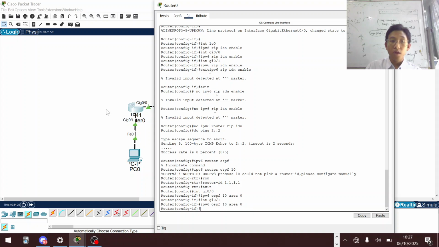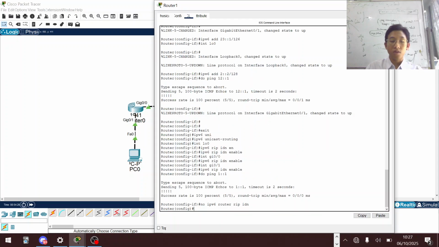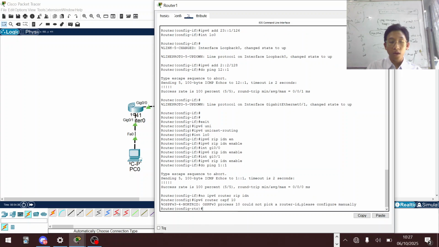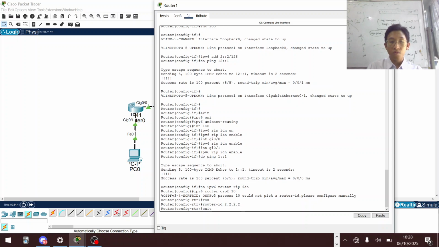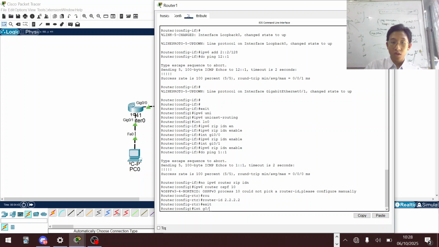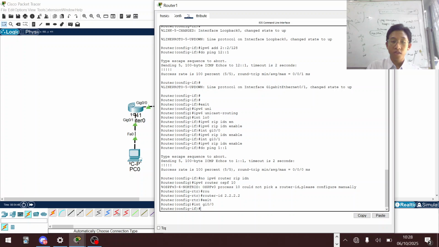Yeah. Okay. After that, we can just add it on the second router. Of course, we will need to turn on the OSPF first. OSPF 10, then add a router ID of 2, and then we add the interfaces inside the OSPF.